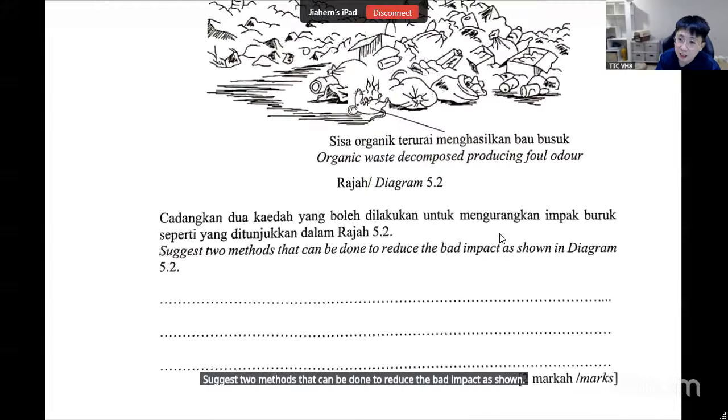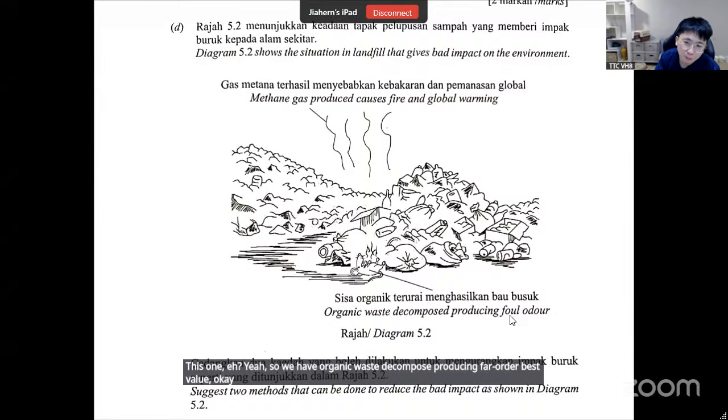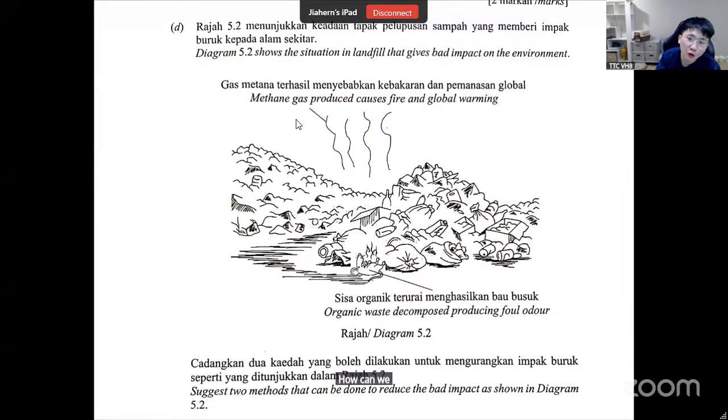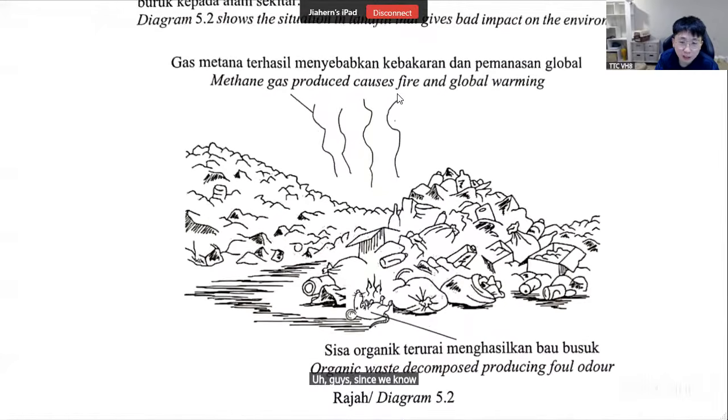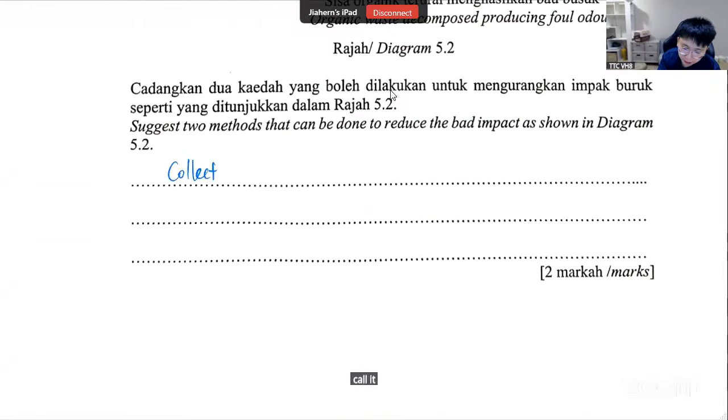So guys, we have organic waste decomposed producing foul odor, very smelly. So how can we solve the issue of methane? Guys, since we know methane causes fire, why not we collect the methane, burn it, and use it to generate electricity? Why not? So we can say, collect methane gas,